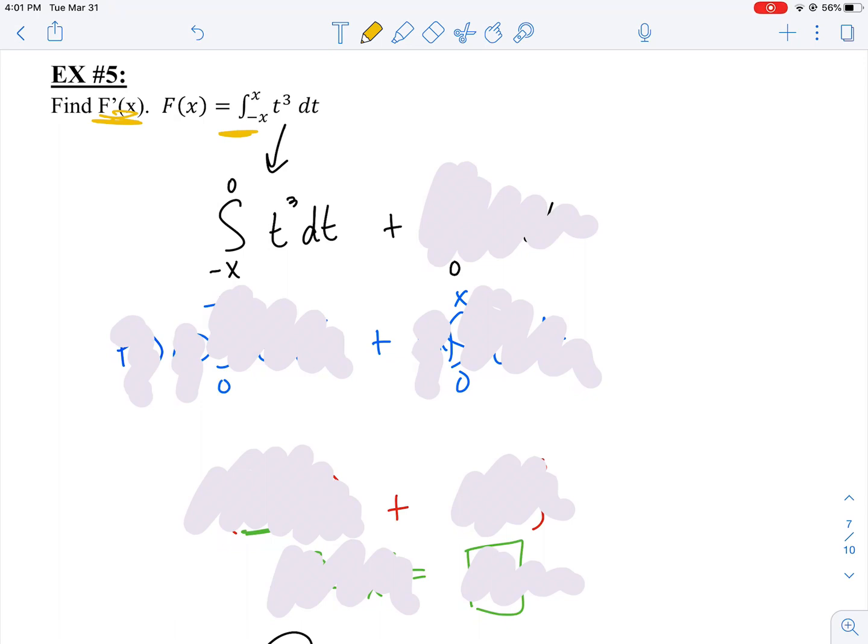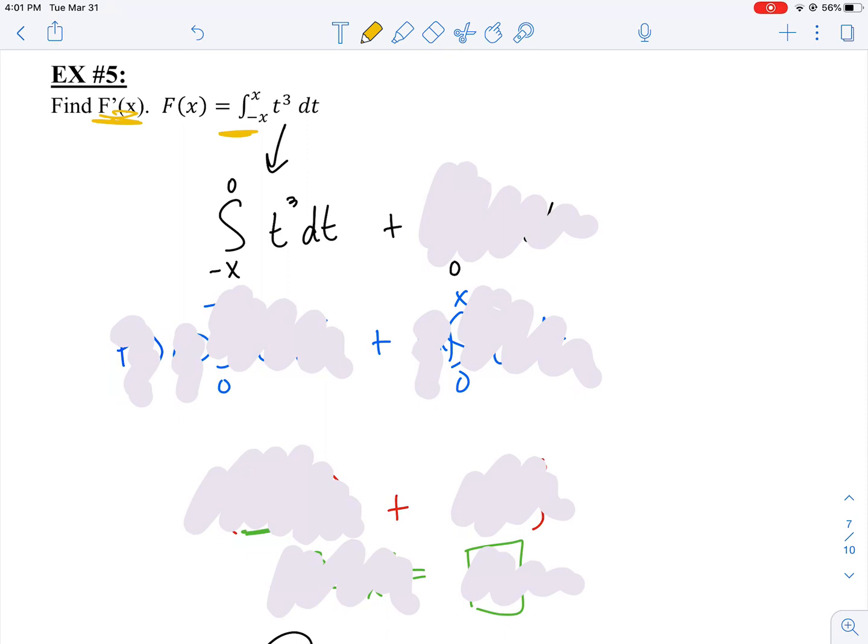But if you remember from the other examples, when we found the derivative of the antiderivative, that only worked when we were going from a number up to a variable. And this doesn't say that. This says we're going from a variable to another variable. And so what we have to do is make it look like the fundamental theorem of